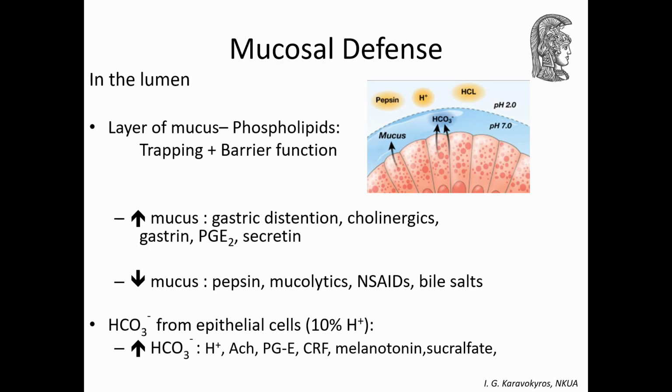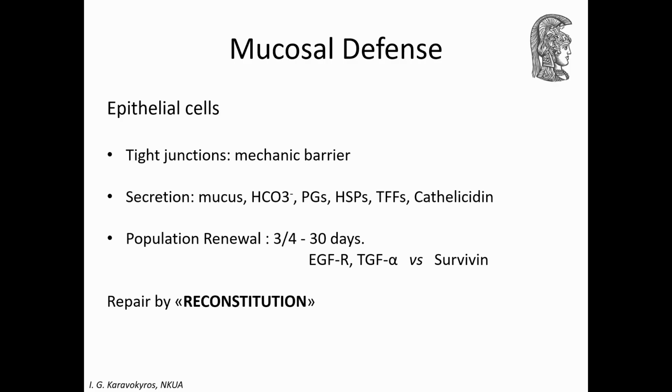Bicarbonate ions are produced by carbonic anhydrase of epithelial cells. Their production amounts to 1/10 of acid and increases with the influence of acid, acetylcholine, prostaglandin E, corticotropin, melanotonin, and sucralfate. The second line of defense consists of the epithelial cells, which connect to each other with tight junctions, creating